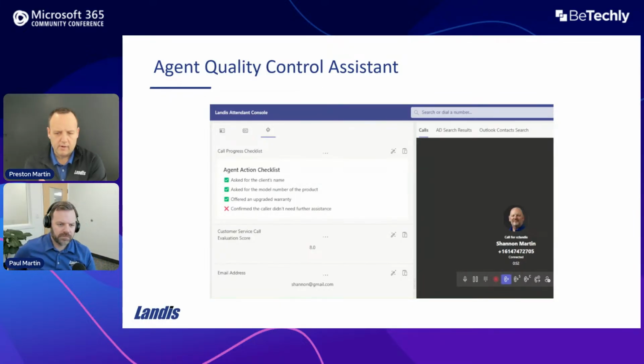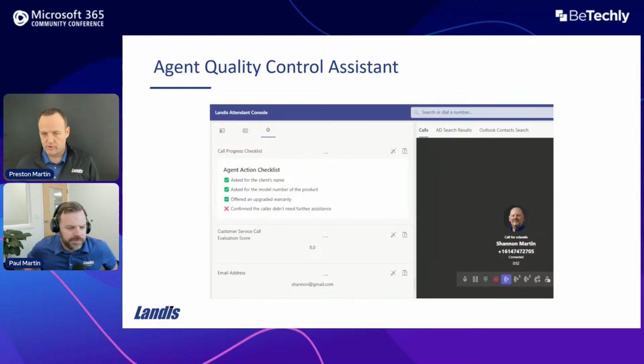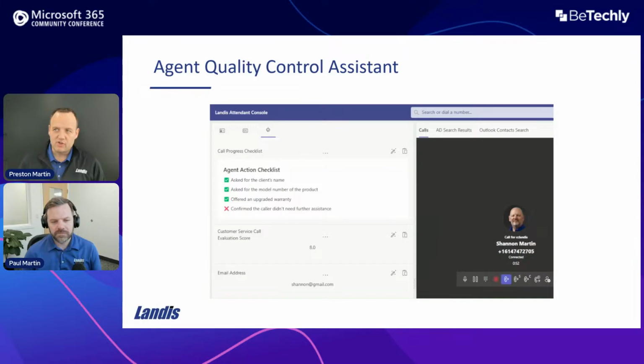All right. I cut that one off instead of finishing up the conversation just for sake of time. But what we are doing here is we have a custom checklist of items that the agent is supposed to accomplish on the call. Now, this is great for regulated industries where there's disclosures that need to be made or something along that line. It's also good, once again, for just good customer service, because this is